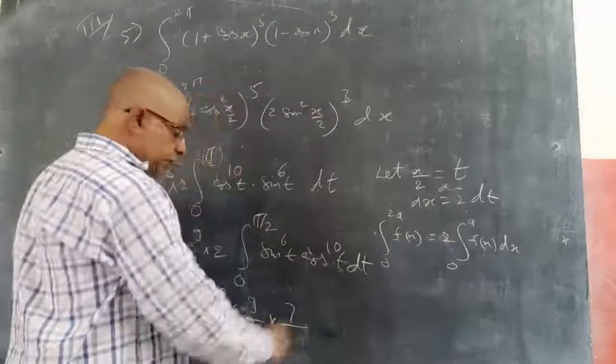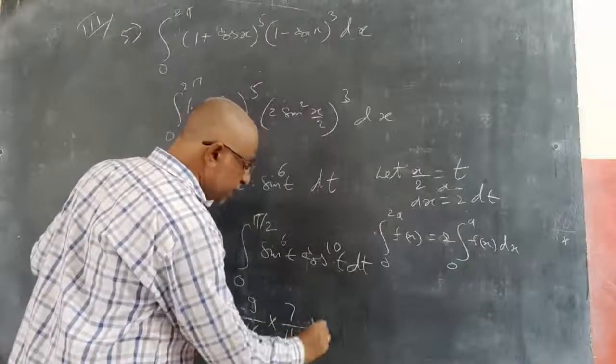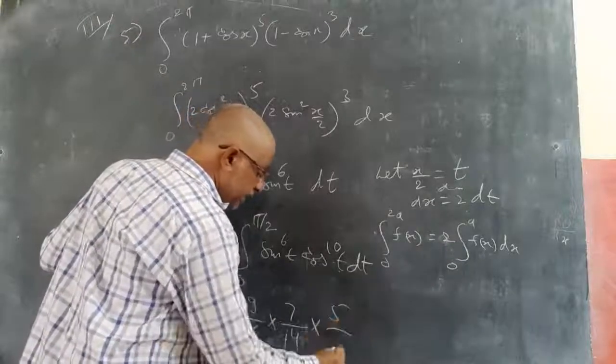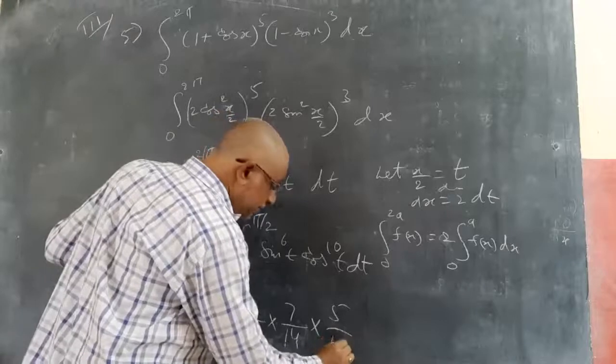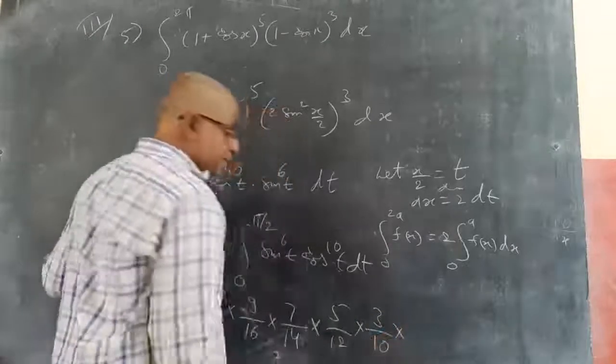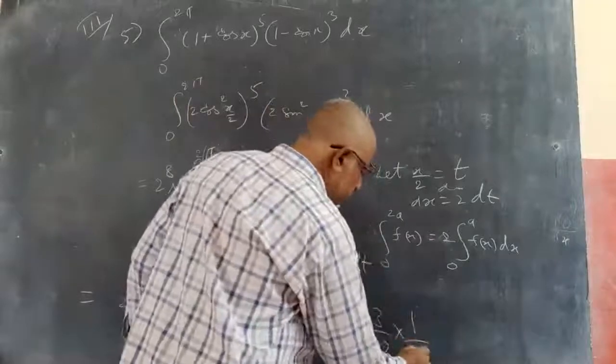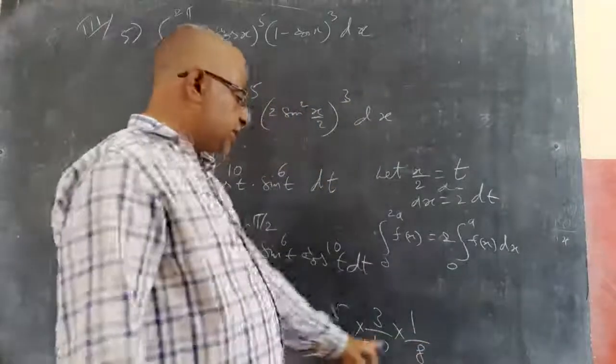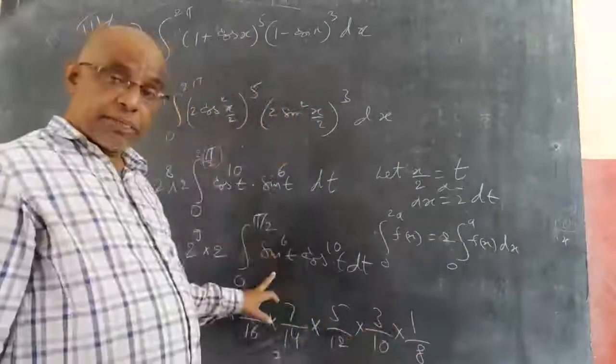Instead I told you reduce 2 from each. So this is 14. If I reduce 2 from the numerator, 5. 2 from the denominator, 12. 2 from the numerator, 2 from the denominator. 2 from the numerator, 2 from the denominator. This always gives 1 by m plus 2. Yeah, 1 by m plus 2, observe.